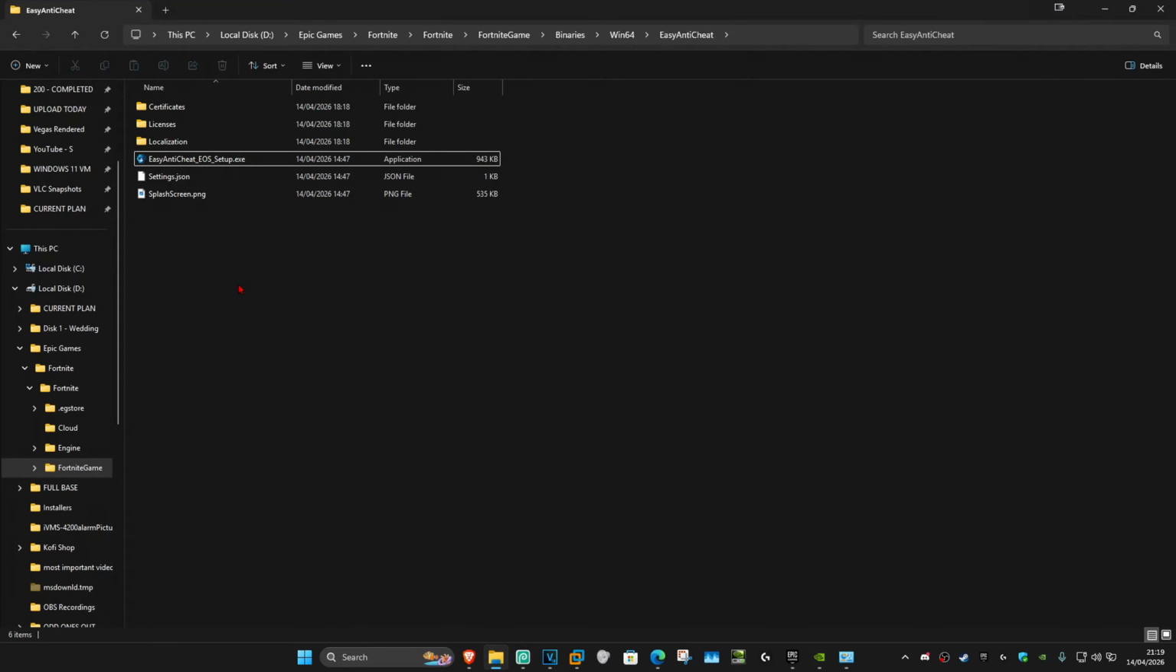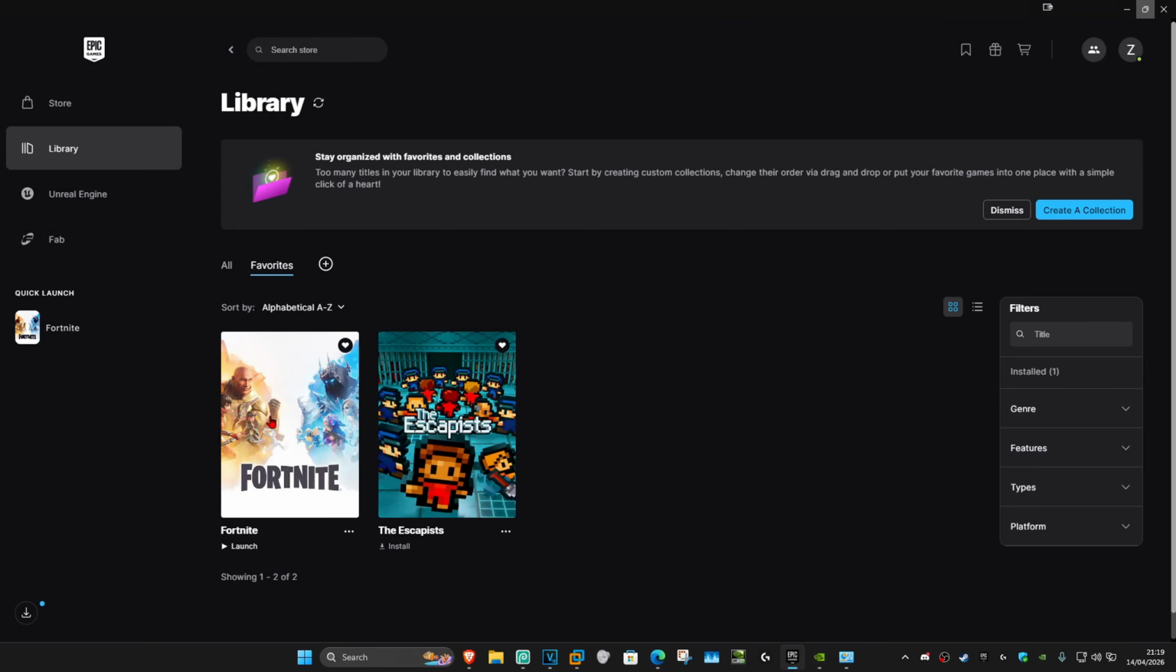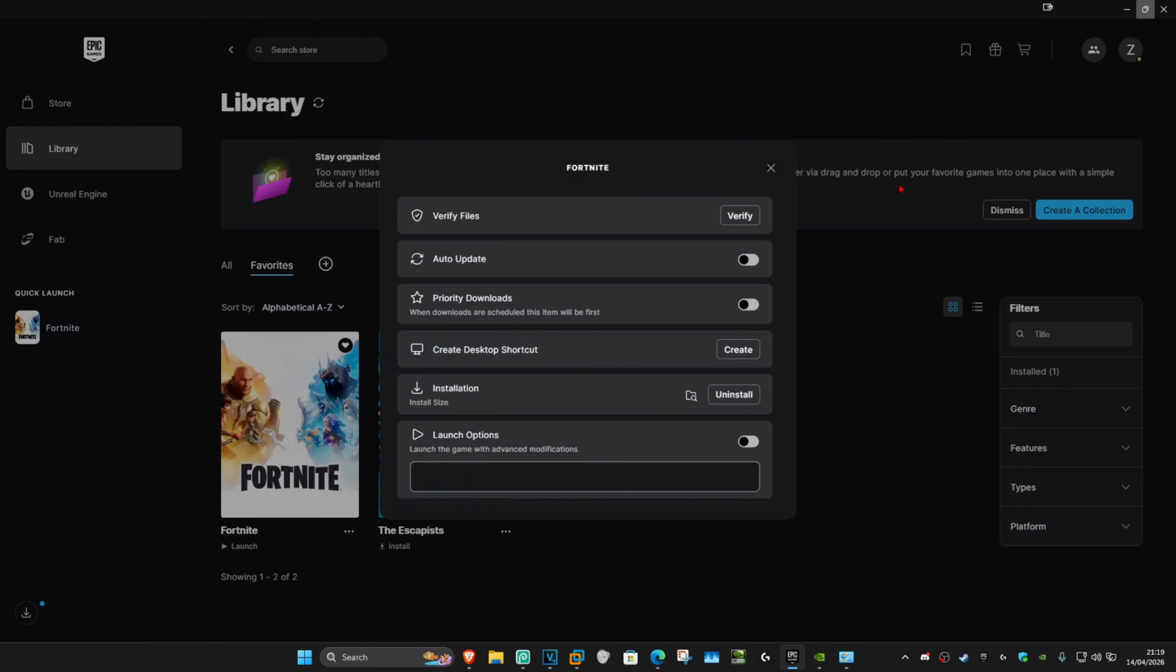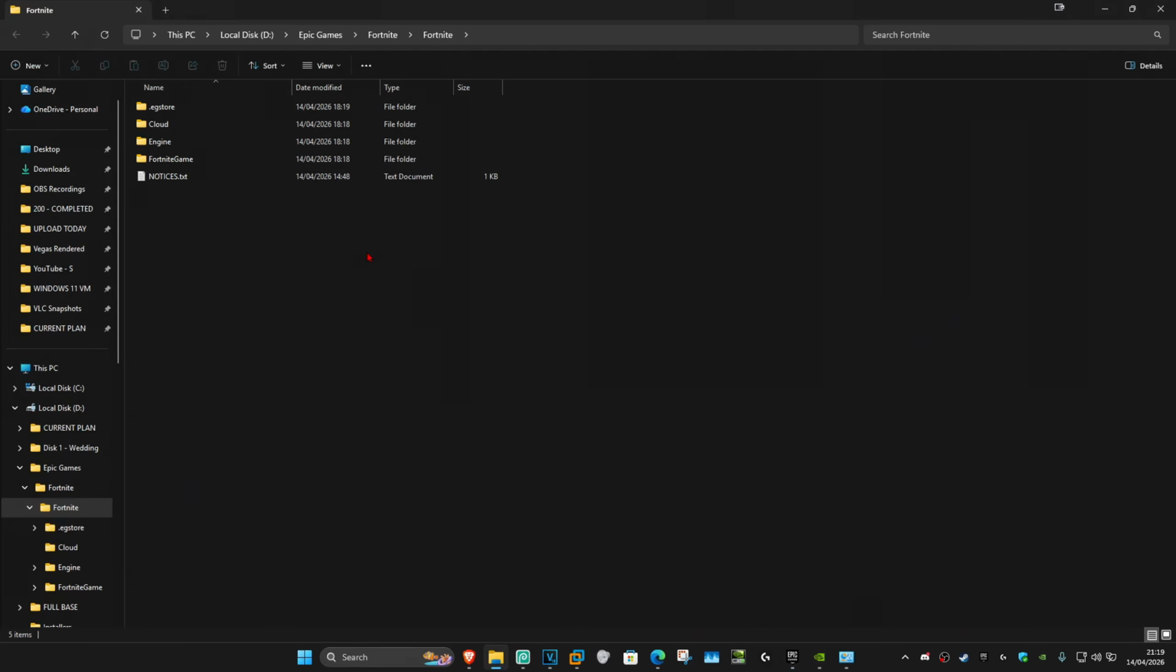So guys, for the first step, you want to find the Easy Anti-Cheat file for your game. So you need to go into your game folder and then you need to find the Easy Anti-Cheat file. I'll be doing it with Fortnite. So I'm going to find Fortnite, I'm going to click on the three dots, manage. Then I'm going to click right here, open install location. I'm going to open up Fortnite game,